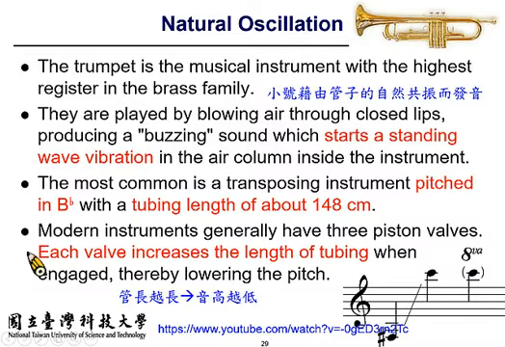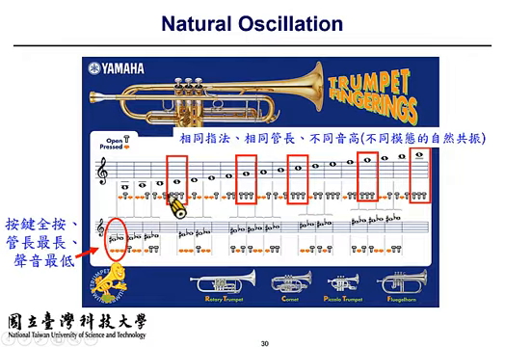So if you press all 3 valves, you will have the longest tubing on the trumpet. 可是它中音 C 是不用按的。Anyway, if you look at the size, 148 centimeters, you see that without pressing any valves, you can produce pitch C,